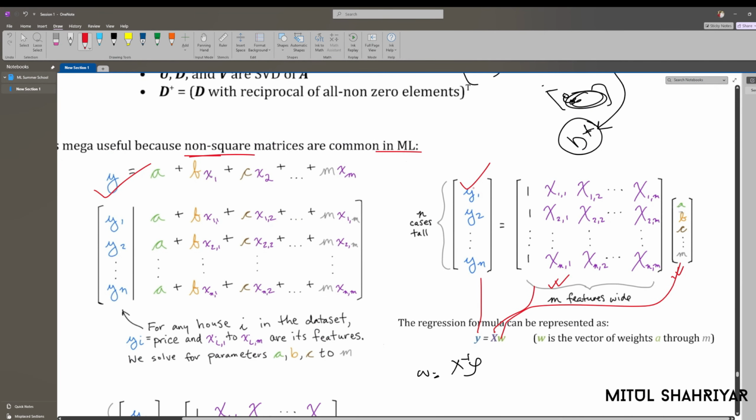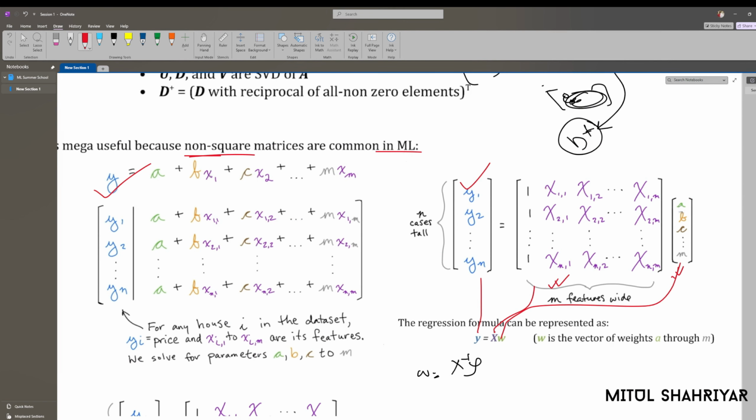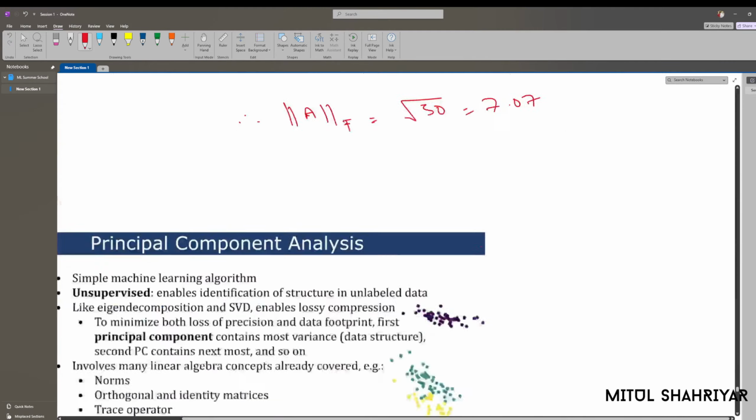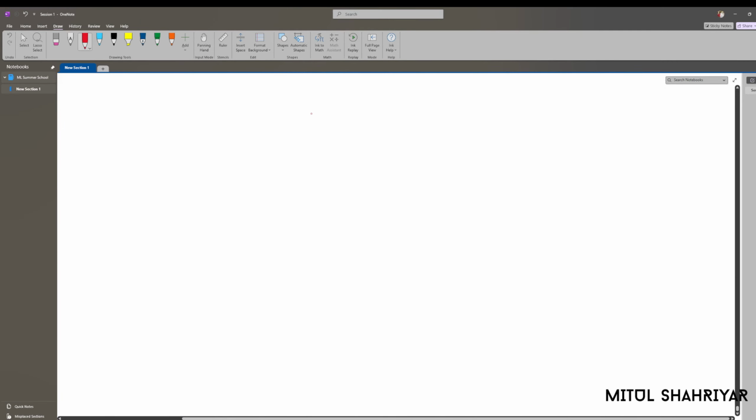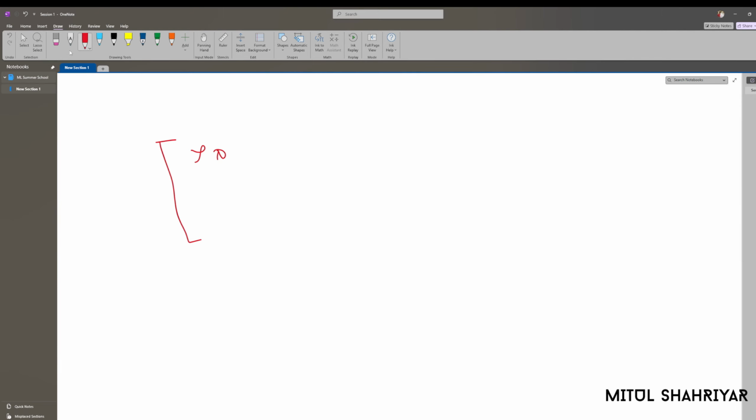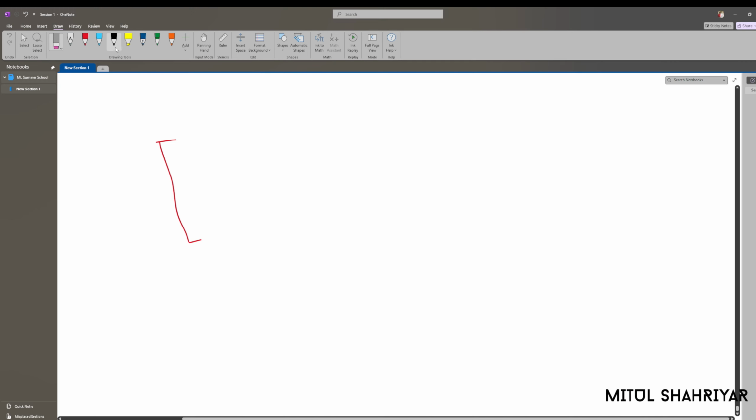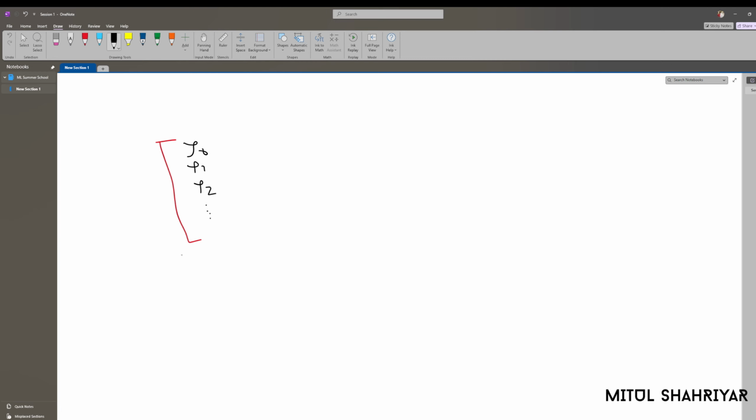Because you see this Y has all of the house prices, and we had something like 111, and then the features. In our example we just have the forgetfulness score here. Let me just write it here again. I believe you can refer to that right now. We have the forgetfulness score, Y0, Y1, Y2 to Y7. Okay, this is our forgetfulness score, and we are just adding